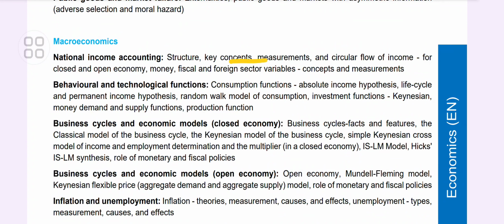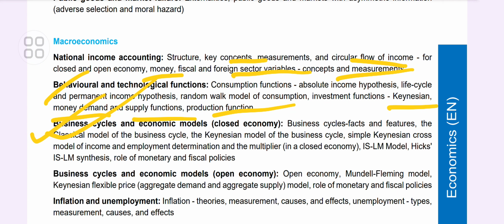The structure, the key measurements, circular flow of income, 3 sector, 2 sector, 4 sector, including the export import or nothing, money, fiscal, foreign sector, variable concepts and measurements, very very important to understand for macroeconomics. Then we come to behavioral and technological functions: the consumption function, absolute income hypothesis, life cycle and permanent income hypothesis, random walk model, investment function, Keynesian, money demand and supply function, production function, business cycle, the most important part, whether